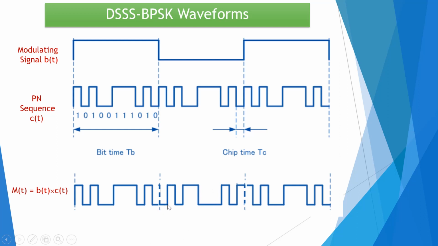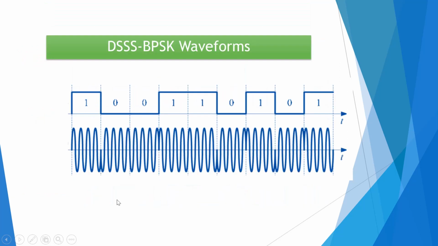So it is starting from minus. Similarly, we are having 1 again, 1 bit, so the same signal will be present here. So this is basically the output of the product modulator. Now we can see that this output is applied to the BPSK transmitter. There, m of t is equal to b of t into c of t. For example, it is 1 0 0 1 1 0 1 0 1.